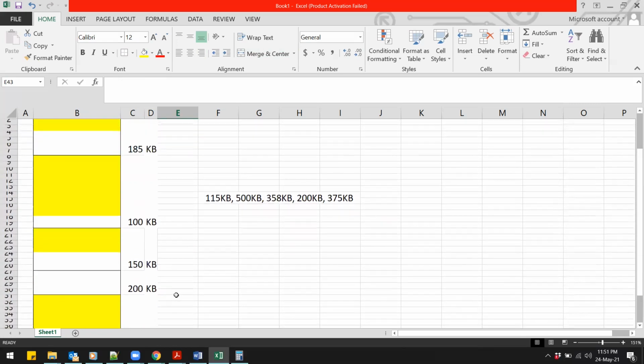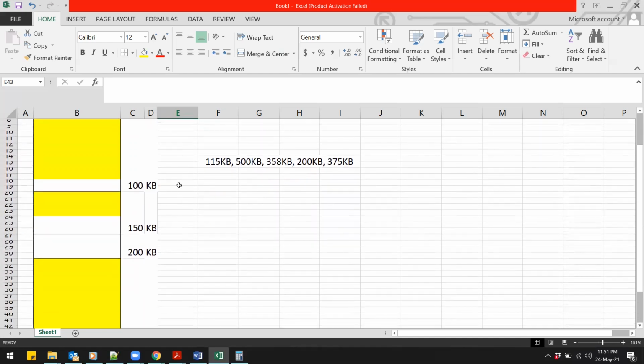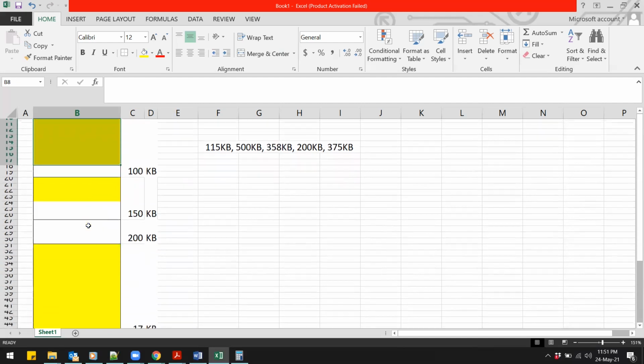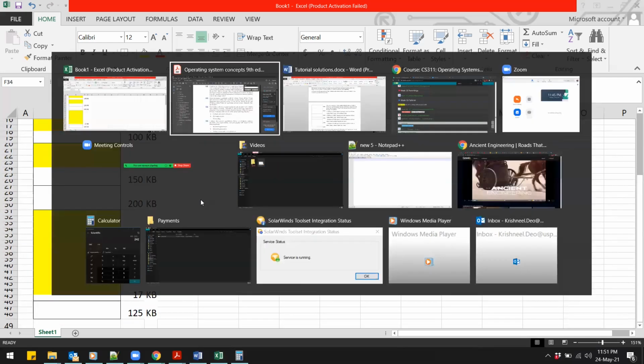If we were to use the first fit algorithm, this is how the processes will be put into the memory segments. You can also label the processes where they have gone. This one was the first one, P1, which is this 115. It's a good idea to label the processes. So 115, this one would be a 500 KB and so on. So that was using the first fit algorithm.